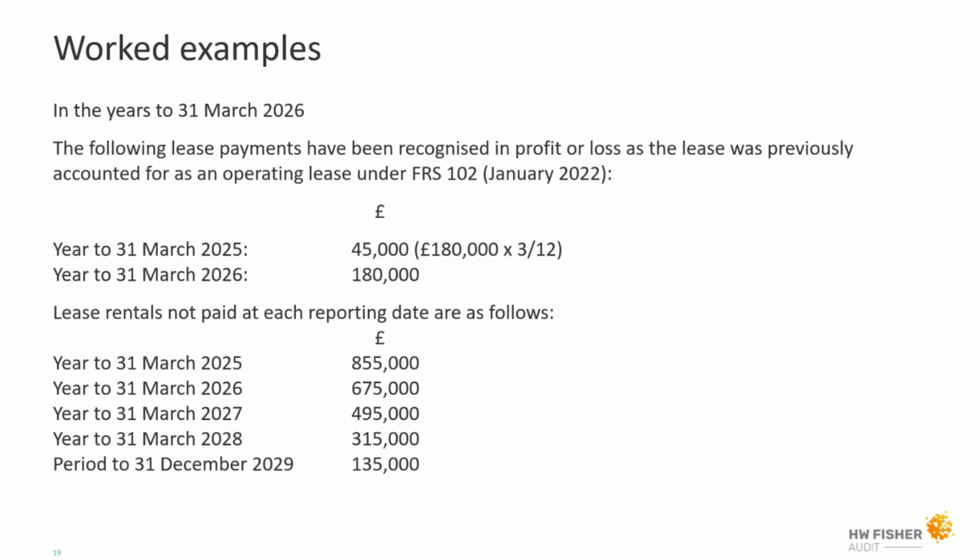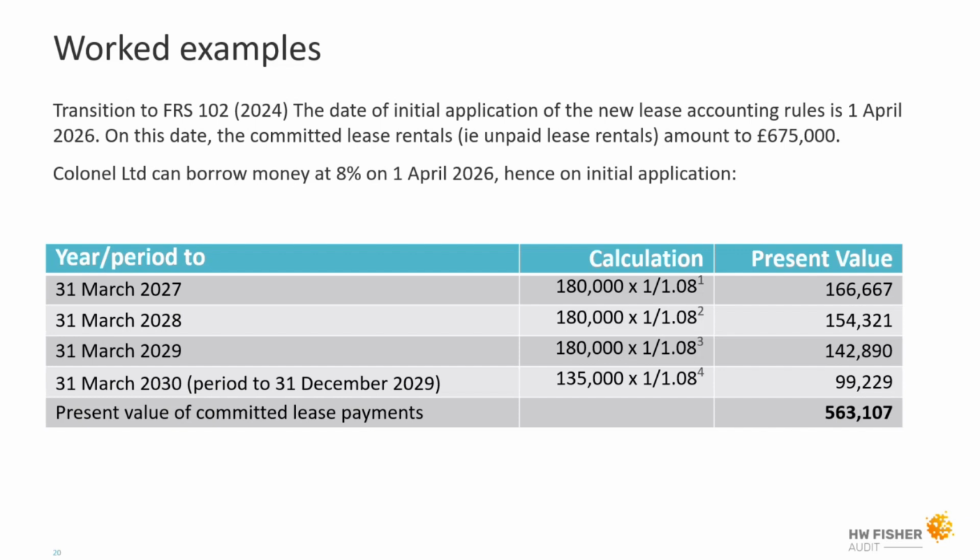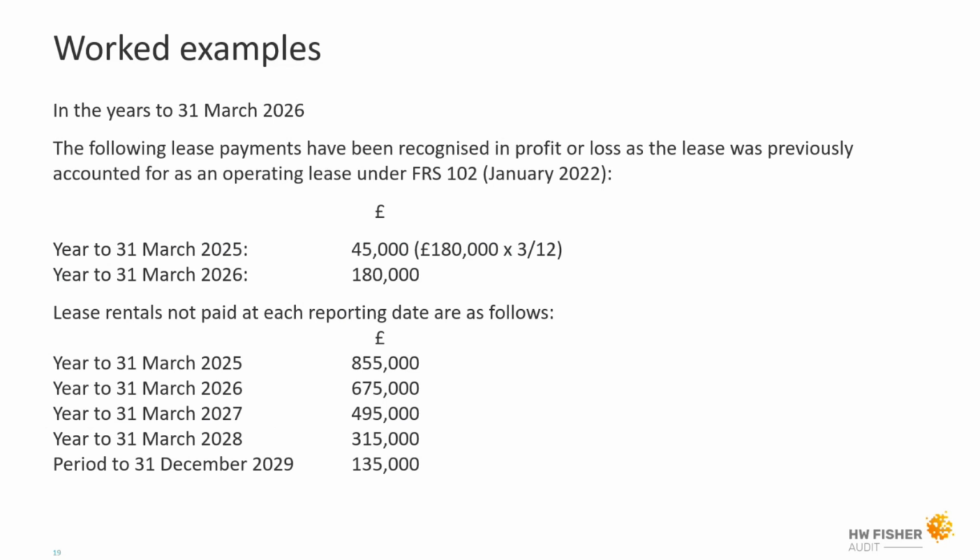We've got 180,000 that's going through. So we've then run through the other years of what we've got left outstanding. So as at 31st of March 2026, you still have your operating lease as per normal. So what does that mean to us as of the 1st of April 2026? We've moved into the new standards, section 20, and got the updated terms of reference. So we ignore the previous year and 3 months that's already gone through. So what we've got left as at that 1st of April is that